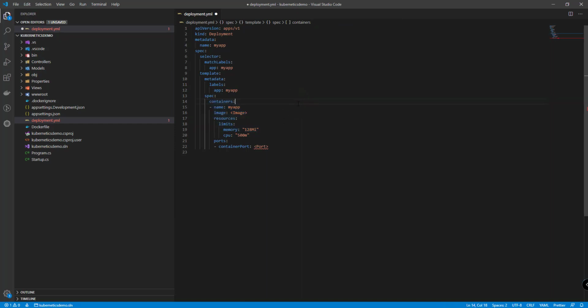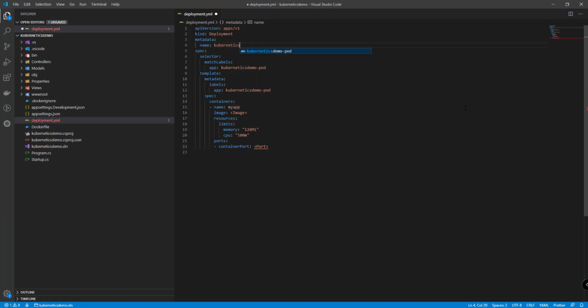So let us give a name for replication, Kubernetes demo pod. So this pod name should be matched with the selector of app name with the other pods.